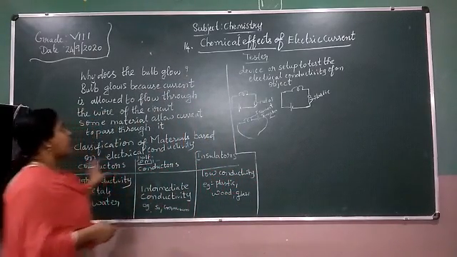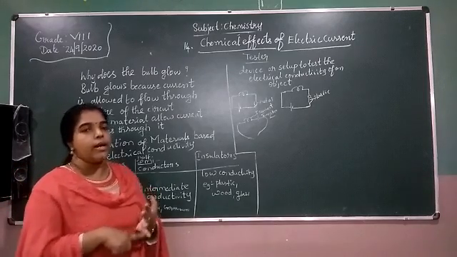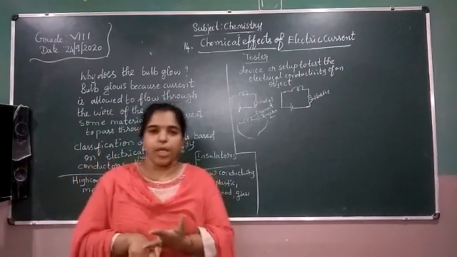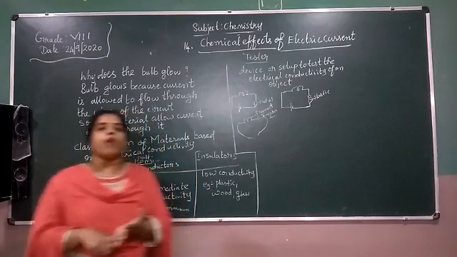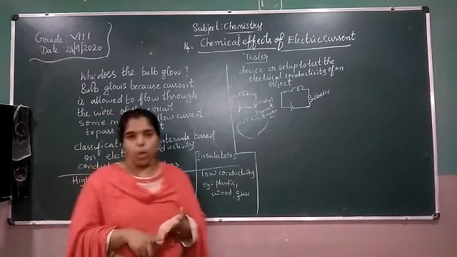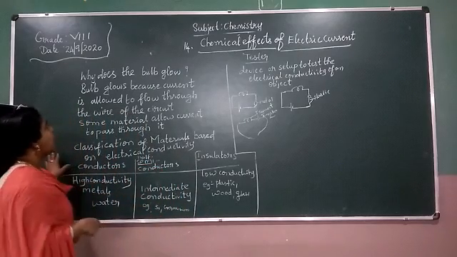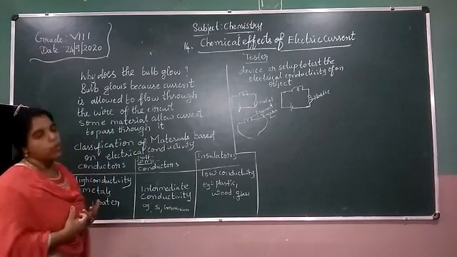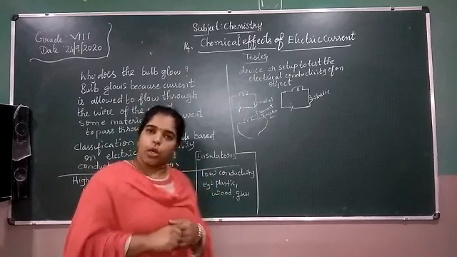Before that, in the last class we discussed what is electric current and what is the direction of electric current, external and internal, and when the bulb will glow, and the symbols of each. Next, the question is coming here: why does the bulb glow?